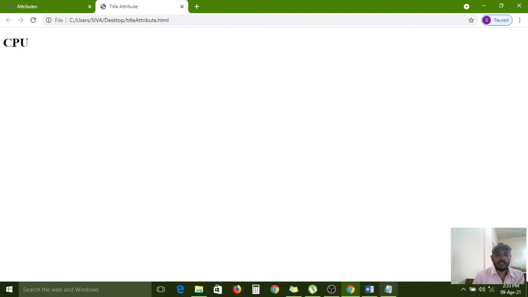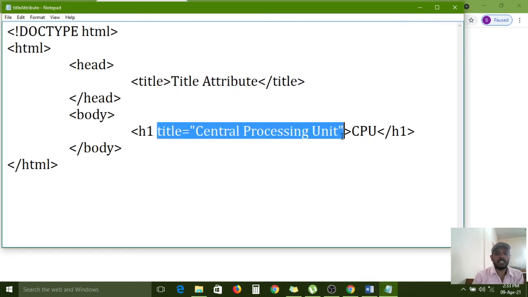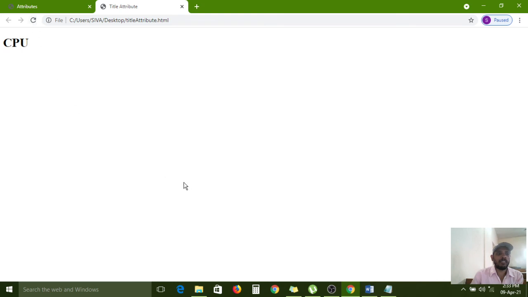Understand? If I remove the title attribute here, now I am removing this and again saving. Again I am refreshing this page. Now if I mouse hover on the text, will it show anything? No, because the title attribute has been removed from that element.